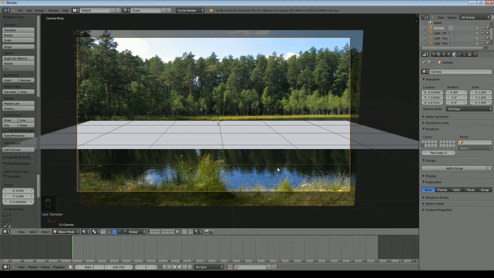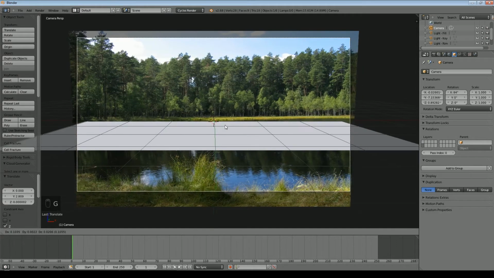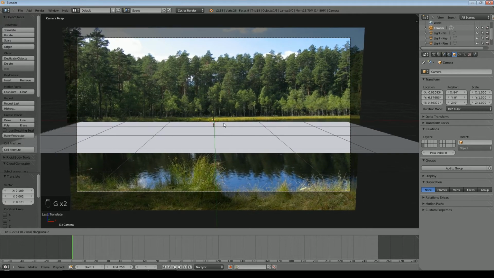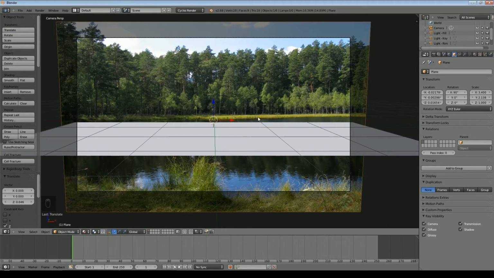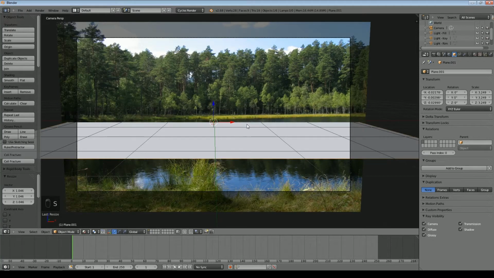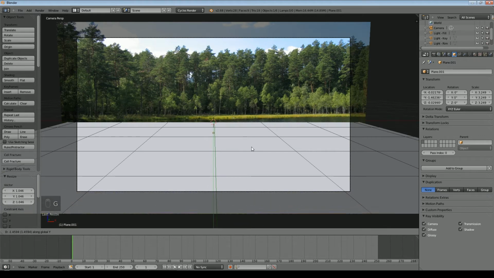So now the photographic image is just about filling the scene. We'll go in slightly more, but obviously we need to move it around a little bit. Now you can see I can get, say, this edge to align with the plane, but I've still got a little gap of water here. So let's scale my plane up a little bit. And in fact I want it to come all the way forward, so G, Y, and let's move it forward. So now it's off the bottom of the camera, and we'll drag it that way a little bit. But I need this area to be filled up. Now if I was to distort this plane, it would no longer be flat, the reflections wouldn't work properly for what we want to do.